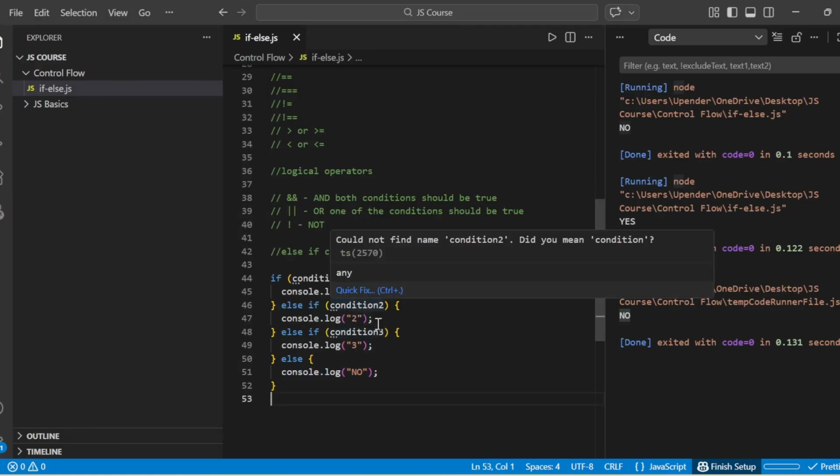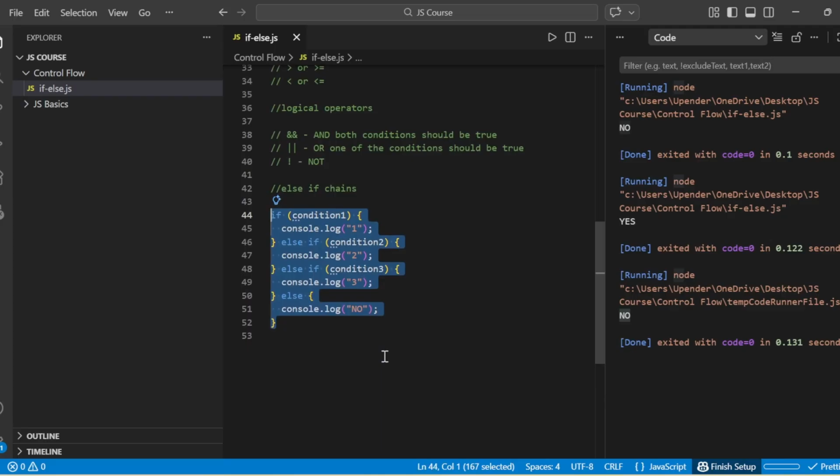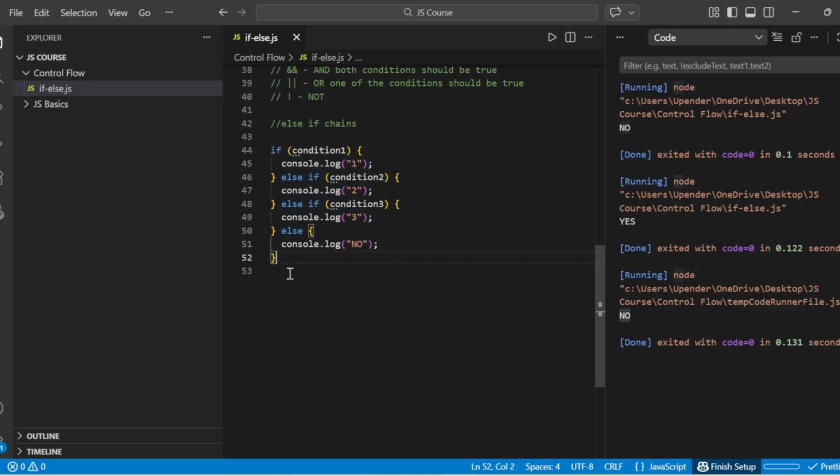JavaScript evaluates these conditions from top to bottom, and as soon as it finds a condition that is true, the block of code runs and the remaining conditions are skipped. If none of the conditions are true, the else block runs at the end. This is how an else if chain works. Don't worry, we'll see examples for each case as soon as I finish with the explanations. And